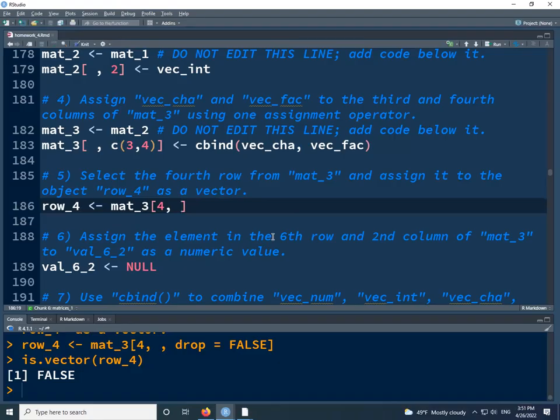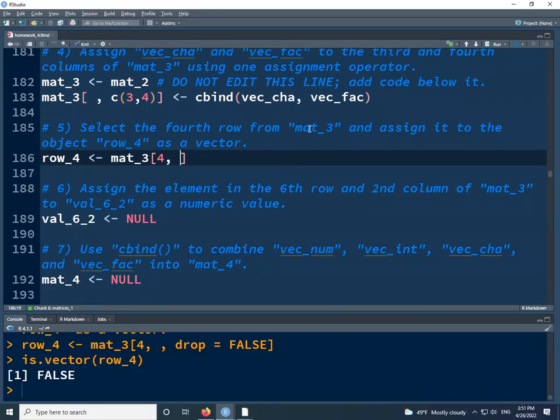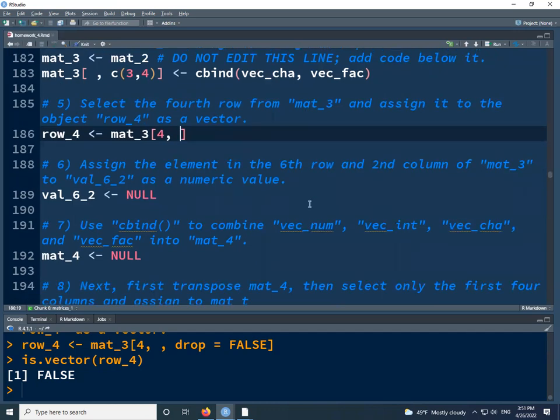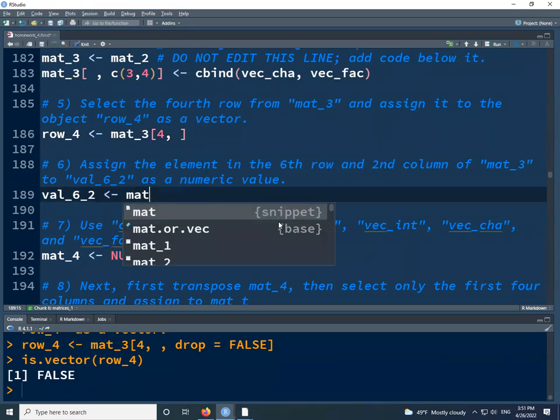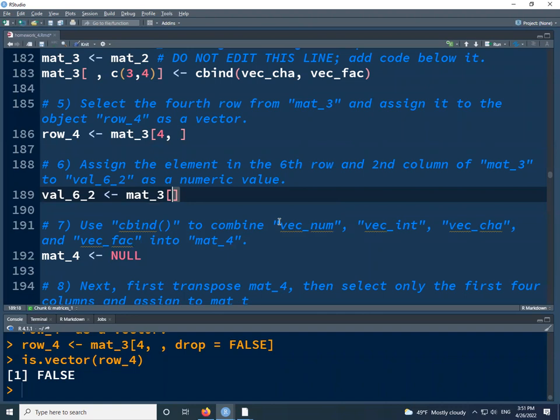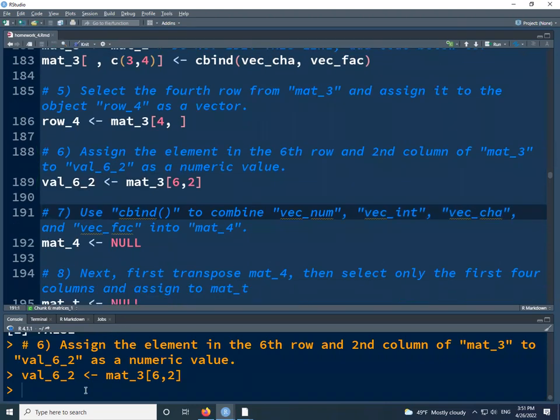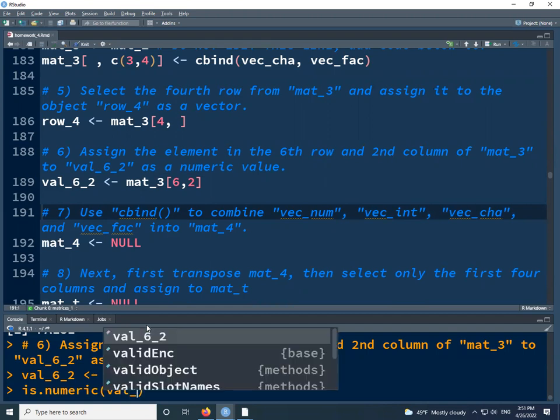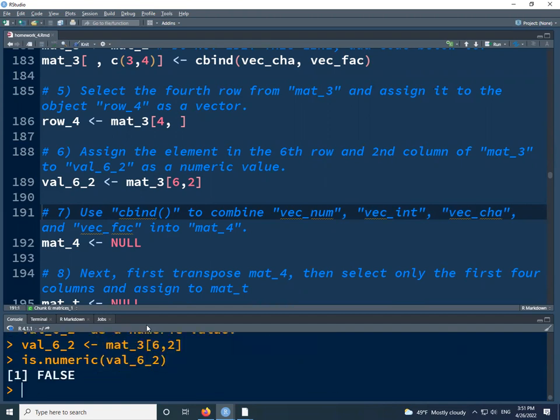Number six asks, assign the element in the 6th row and 2nd column of mat 3 to value 6.2 as a numeric value. Okay, so let's say mat 3, we want to get the 6th row and the 2nd column, but I'm not sure this is going to be all that we need to do. We can check whether or not we have a numeric by saying is.numeric, and then our vector, and it's